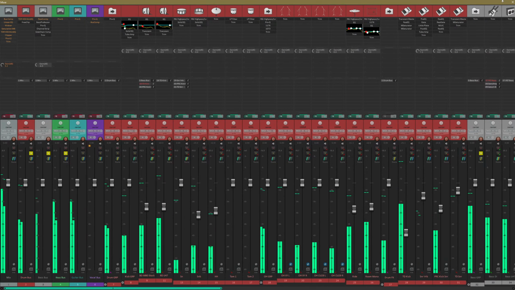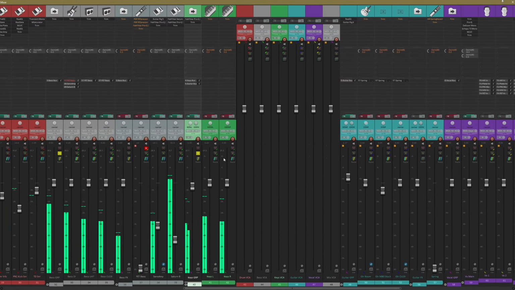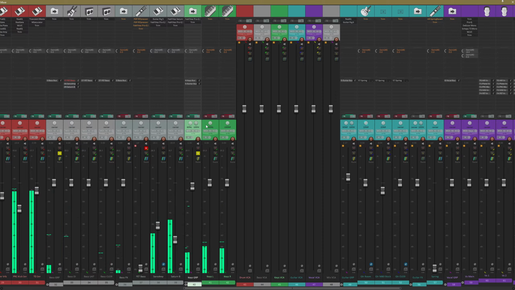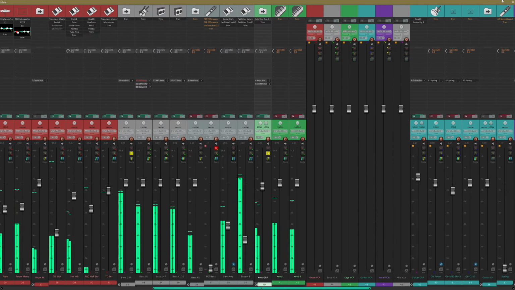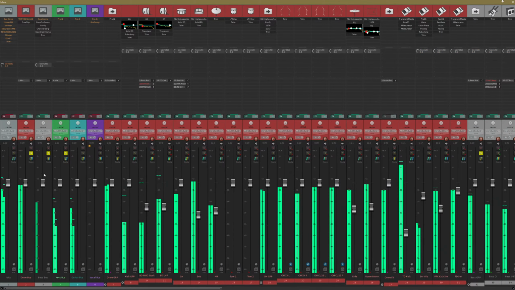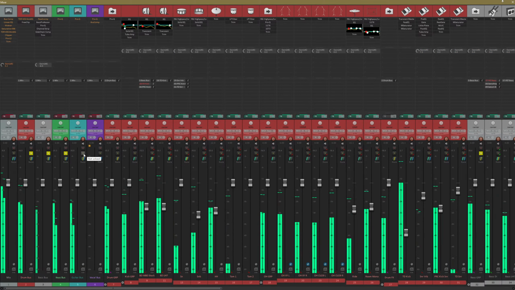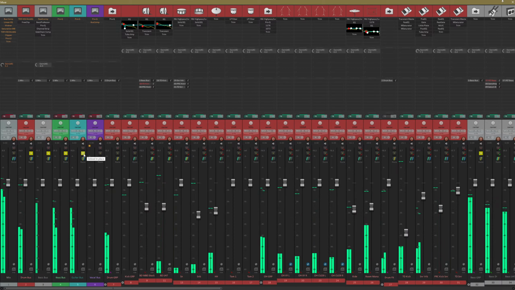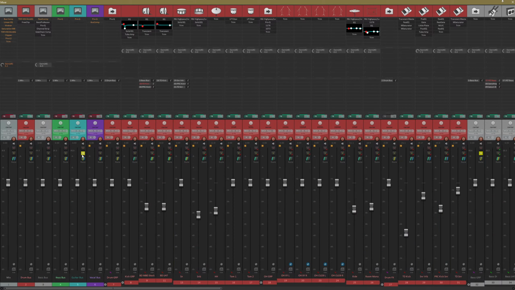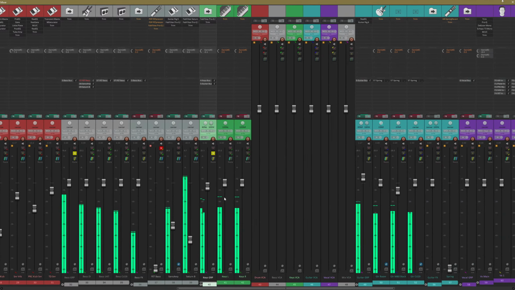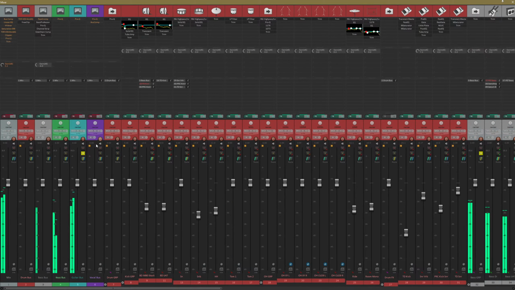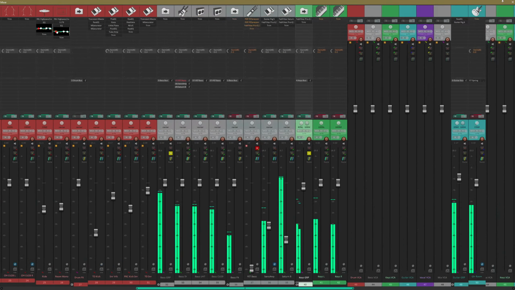There's nothing else happening on the keyboard. It's panned a little bit to the left, stereo panned, so basically it's left, right, and the whole image is moved slightly to the left. Nothing else on the keyboard, and it's kind of sorted. Then we've got the guitar, which is for some reason also receiving keyboard. I don't know why that's happening. I don't know how that happened. So yeah, here we go. Here's guitar. Again,